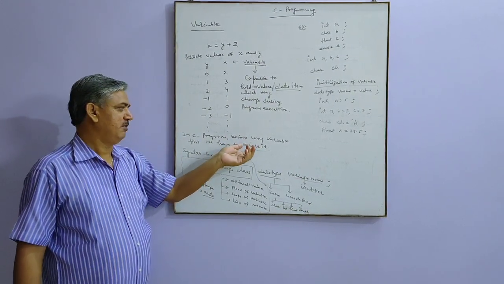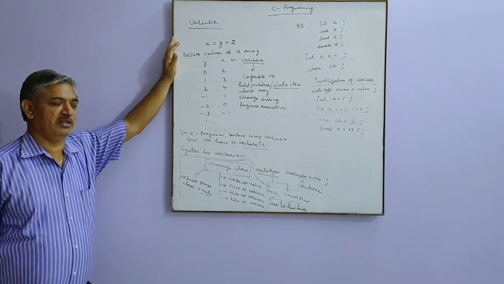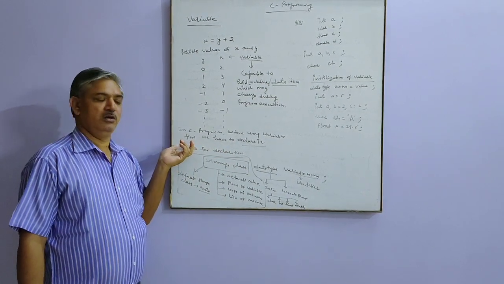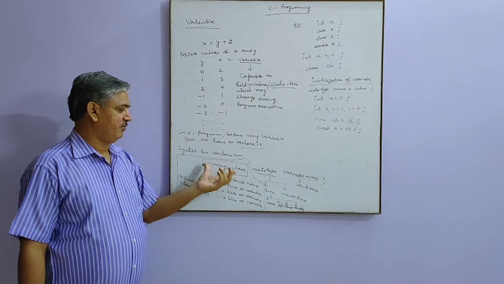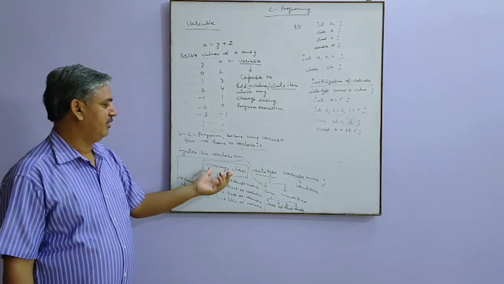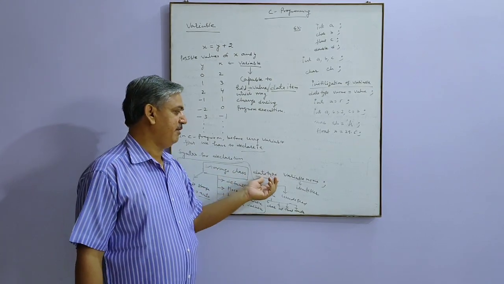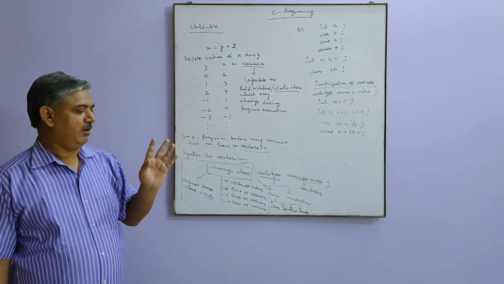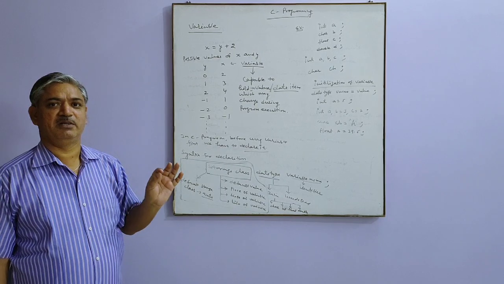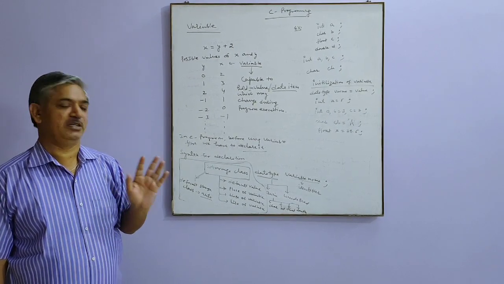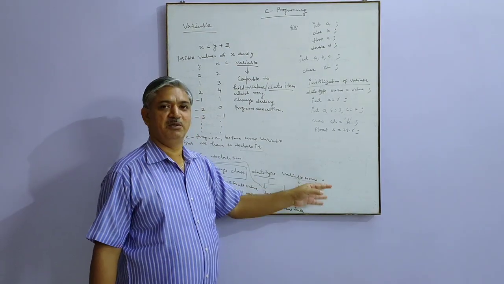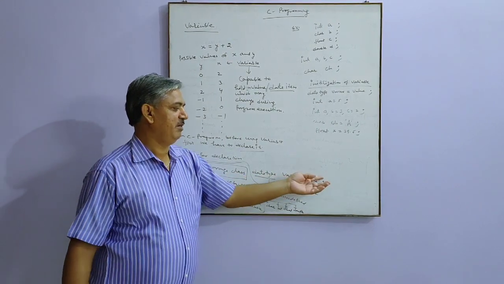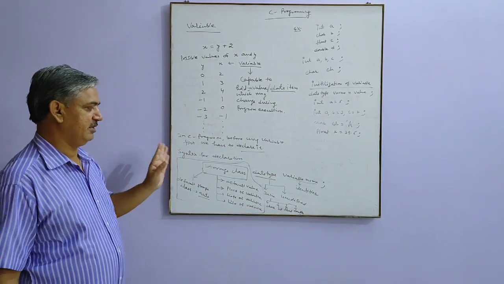So in a C program, before using the variable, first we have to declare it. And what is the syntax for declaration? Syntax means the grammar, the rule for declaration. There are three components here: one is the storage class, second is the data type, third is the variable name, and a semicolon. Remember, all declarative statements and imperative or action-taking statements are always terminated by this semicolon in C. So the general syntax is: storage class, data type, variable name and semicolon.